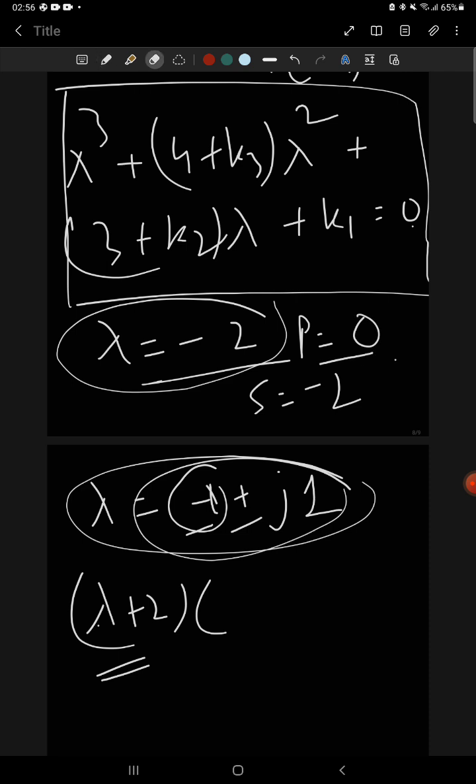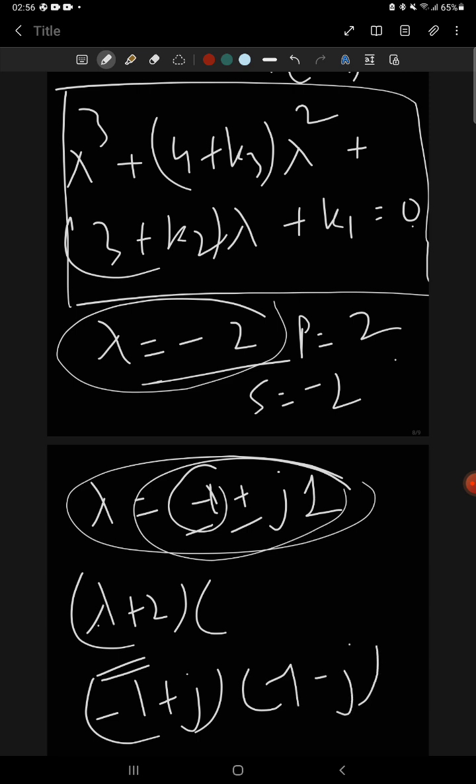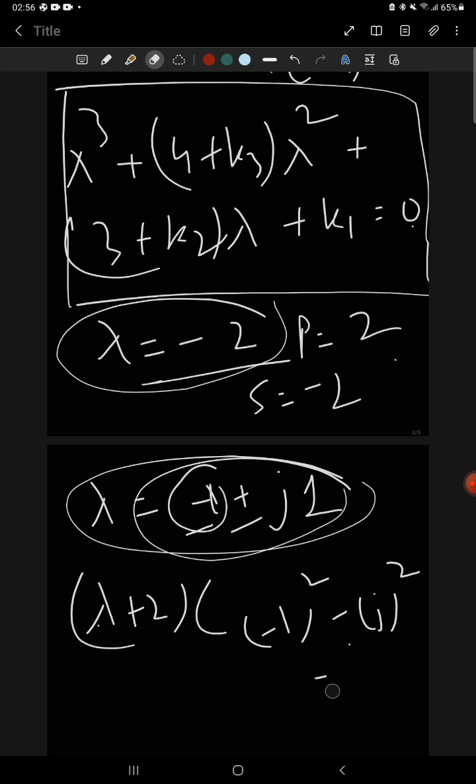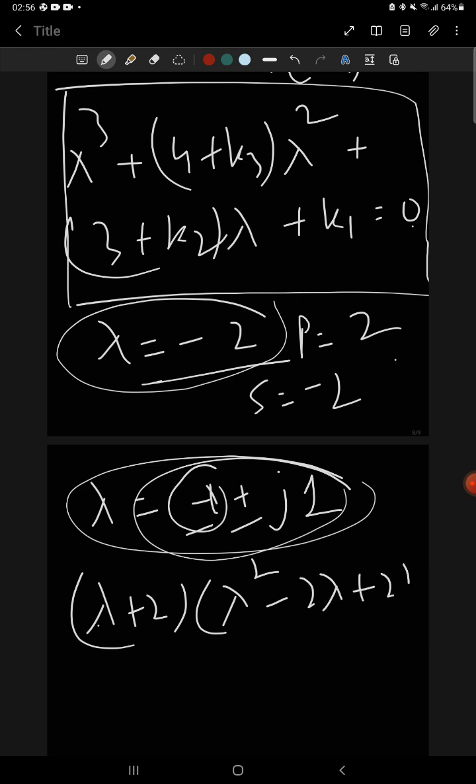Oh, sorry, no, no. That will be 2. The product will be 2 because it is like this. So you are basically doing minus 1 square minus of j square, which is basically 2. Okay, so that means my product of roots is 2 and my sum of roots is minus 2. So then my equation from here becomes this,